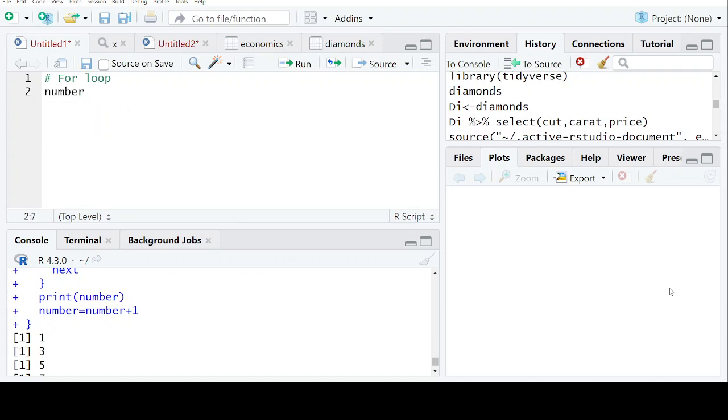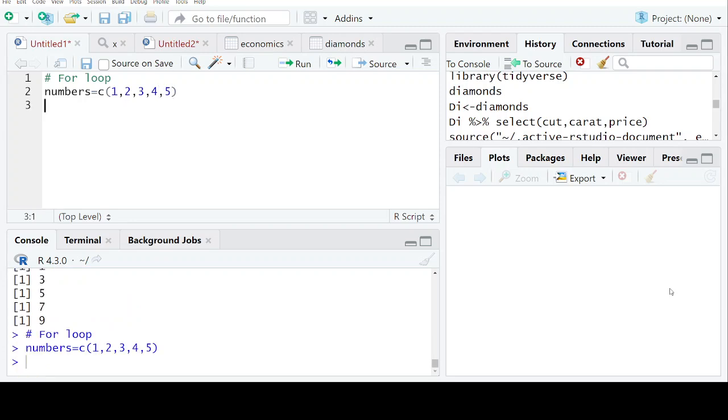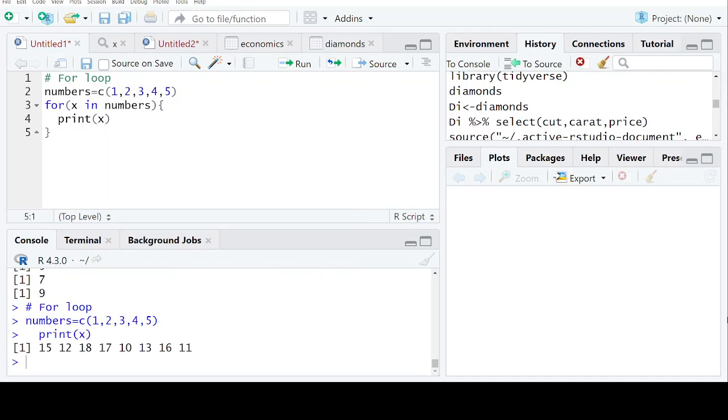I am creating a vector by the name numbers equal to c, in which I am storing some numbers: 1, 2, 3, 4, 5. All right, then for, let's suppose, x in numbers, curly bracket open, print x. So you can see here it has printed the